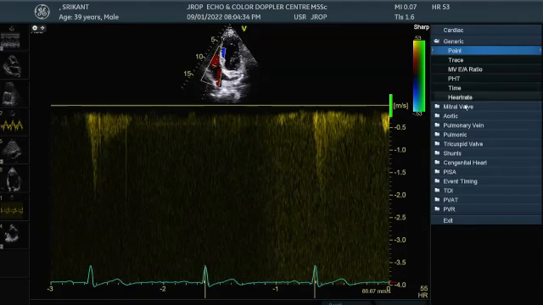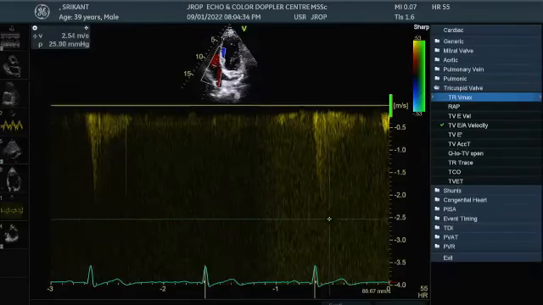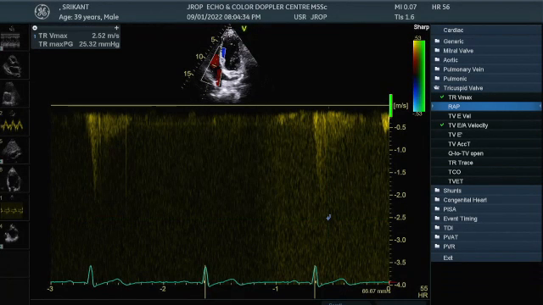So he has got a TRJ, and his TRJ is somewhere around 2.5. So 2.5 into 2.5 into 4, 25, plus RA pressure 10, 35, into 0.6, 21, plus 2.1. 23.1 is his pulmonary artery pressure, which is normal. Always spend time on this.